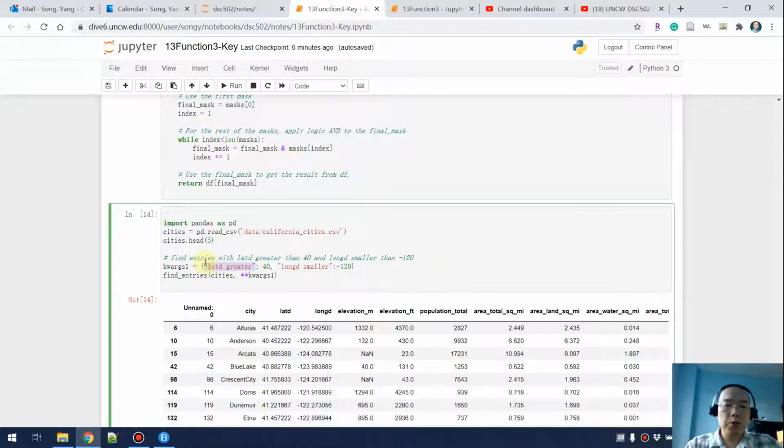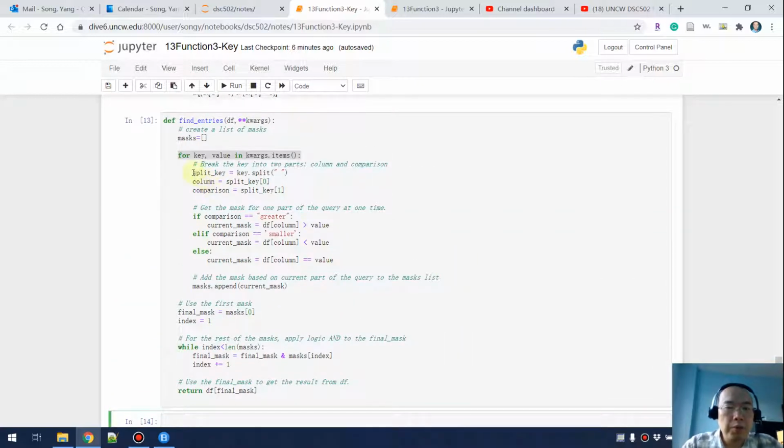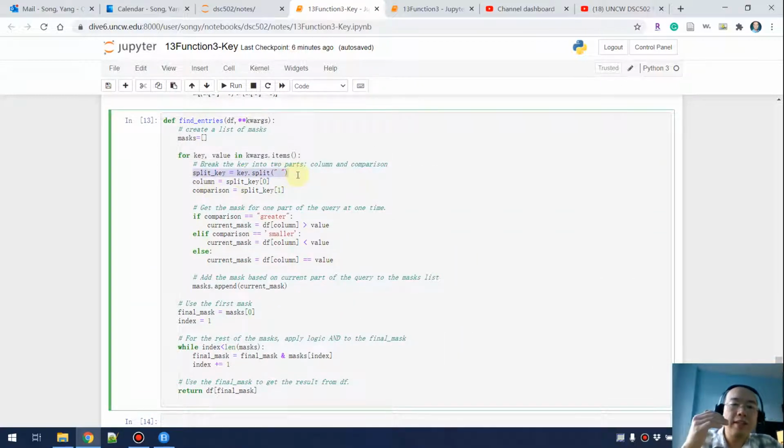So this string will contain two parts, that is a column name and then greater than or smaller than or equals, right? So we first want to do a split. So we are splitting the key into two parts, and then the column name is the first part, and for the comparison, how we are going to do the comparison, that will be the second part. And we want to check if the comparison is